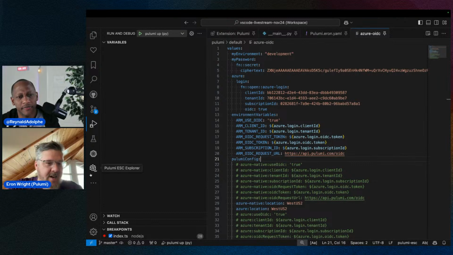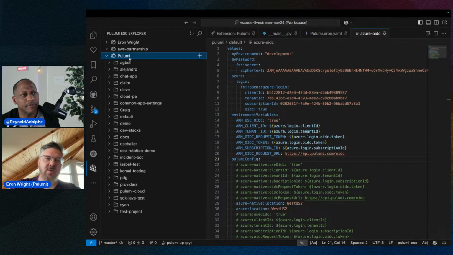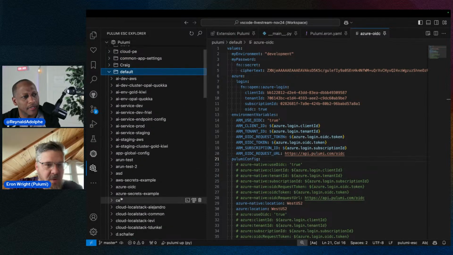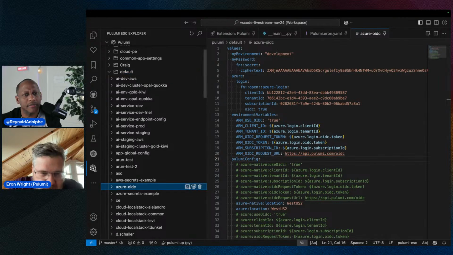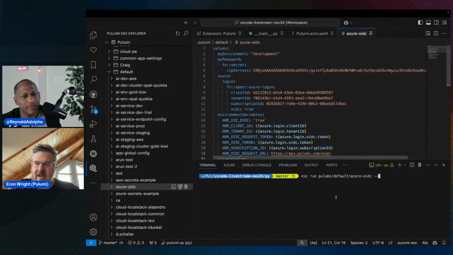For that, I'm going to use the Pulumi ESC Explorer. This is a sidebar here that shows the environments that my organization has defined. Of course, I work for Pulumi, so I have access to the Pulumi organization, and this is a dev account. And so I can see some of the environments that have been defined here. I'm specifically going to find the one that we're using here now. That's this definition. I'm going to click this terminal button, and what's going to happen is